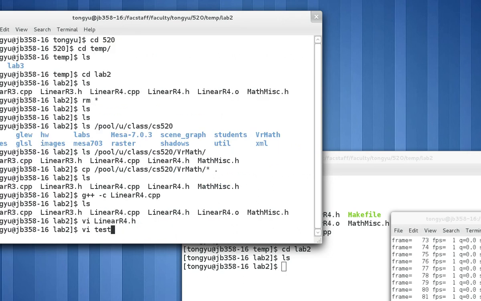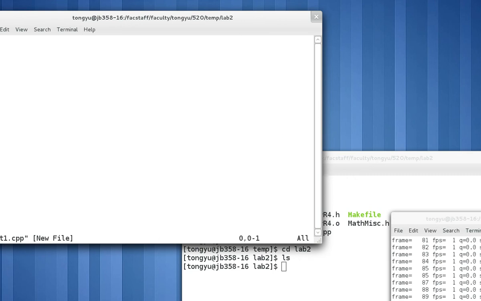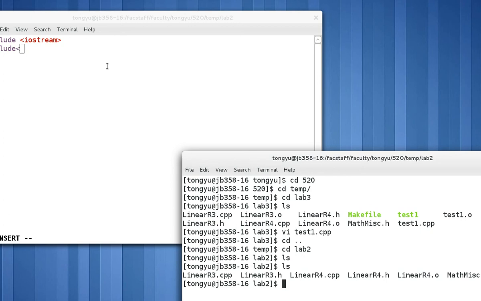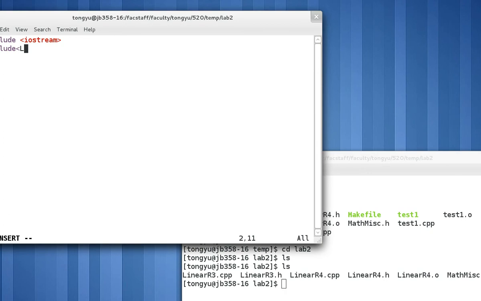Now I can write a sample program to show you how to link to the object file. Suppose I write test1.cpp. As usual, I just include iostream, and I could include the header file, linear r4.h.